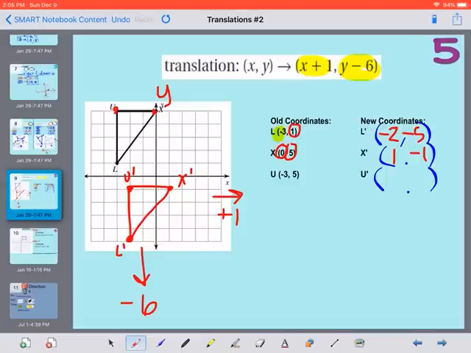We are down 1. And our last point here, -3 plus 1 is -2. And 5 minus 6 is -1. So -2, -1, that was correct. All of our points match up with what we drew. So you can do this first or this first. It does not matter, but you do need to do